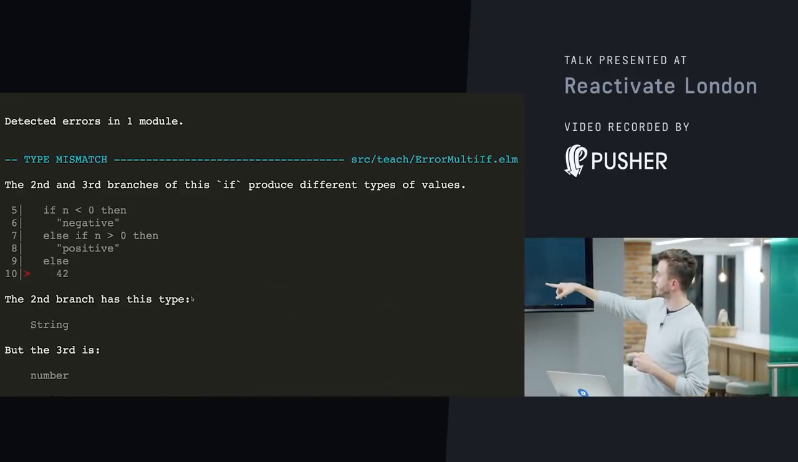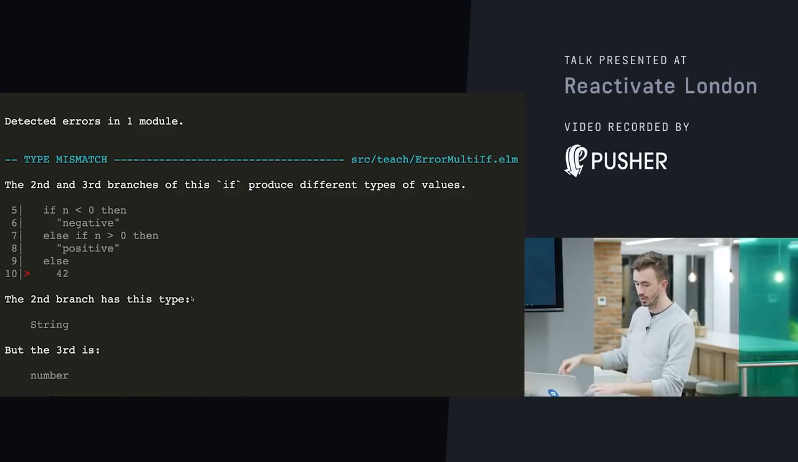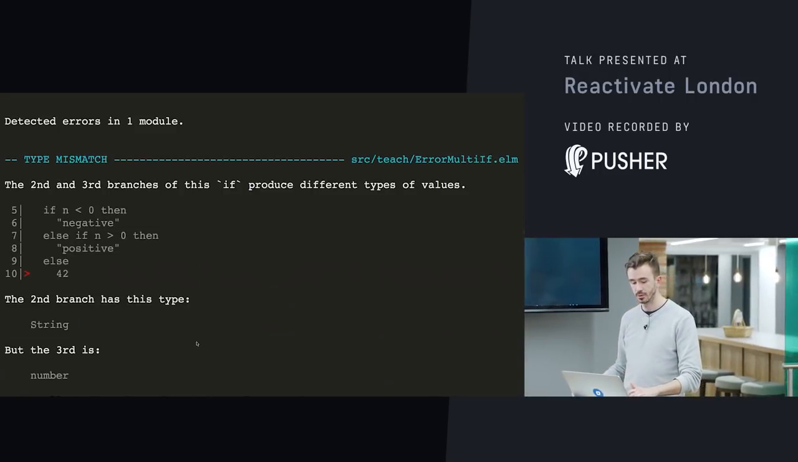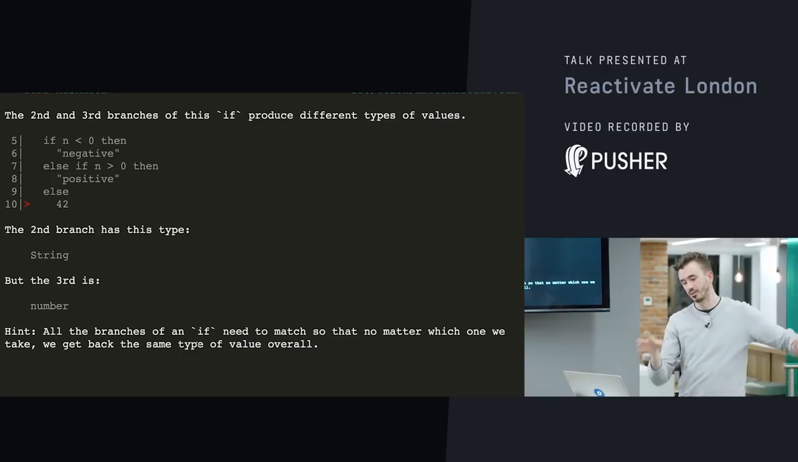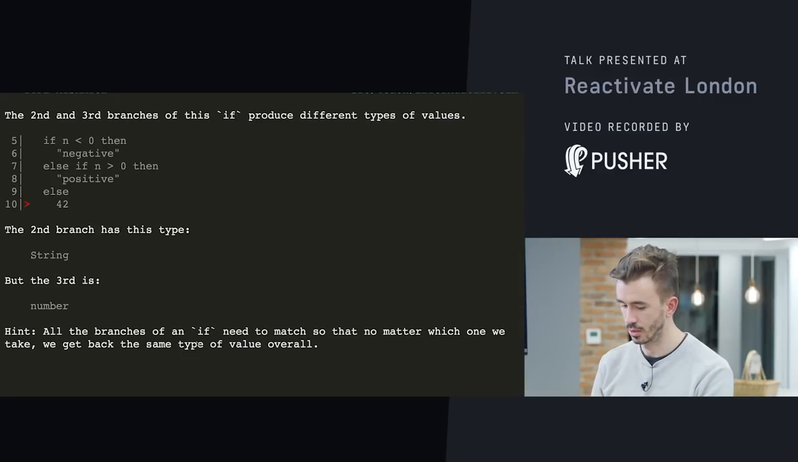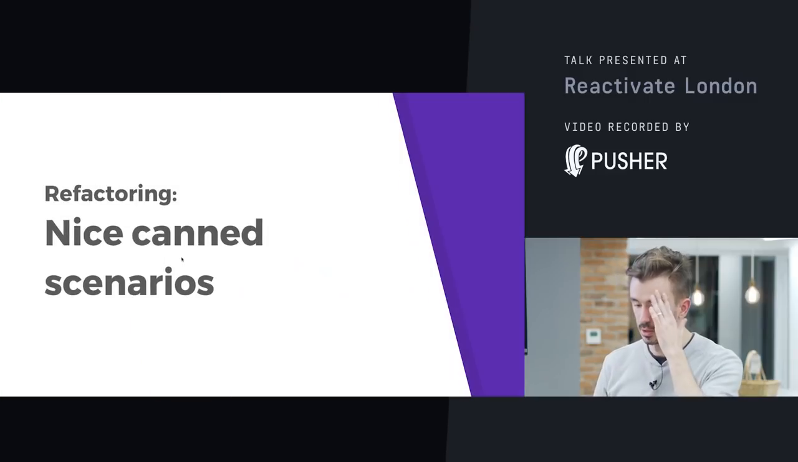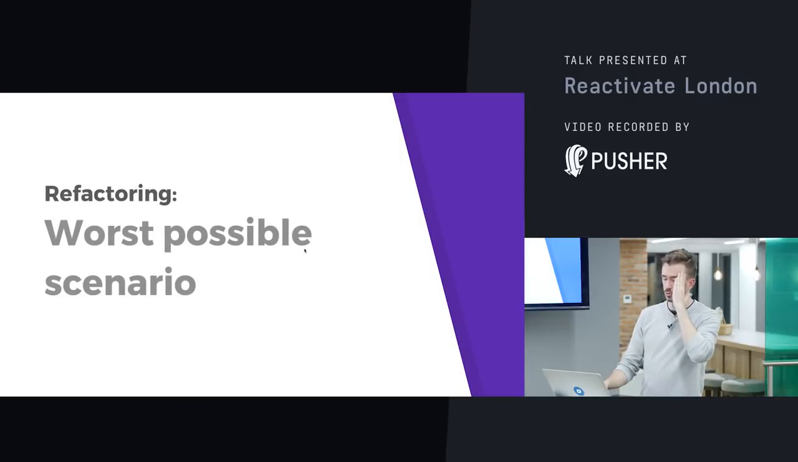So Elm here is telling us, well, you've got a type mismatch here. The second and third branches of this if produce different types of values. The second branch is a string, but the third is a number. And then it gives you these hints. These are the best thing by far. So that's the nice canned scenario,